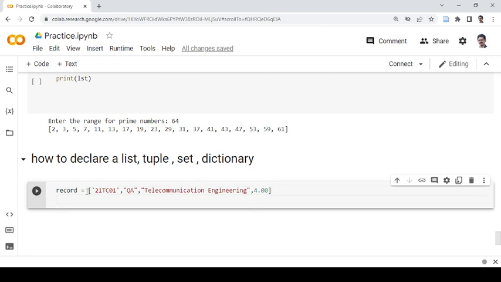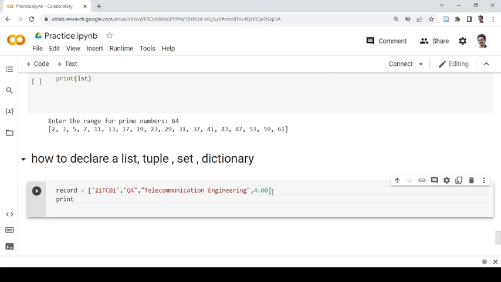If you have heard about arrays, they are collections of homogeneous, contiguous memory locations. That means all the elements of an array are of the same data type. If an array is of type integer, then you can only store integers in it, but in a list you can store different kinds of values. Each value is separated by a comma. You can see the roll number is separated by a comma, then QA, the name of the student, then a comma, the department, and so on. So if you want to check the type of this record now, type of this